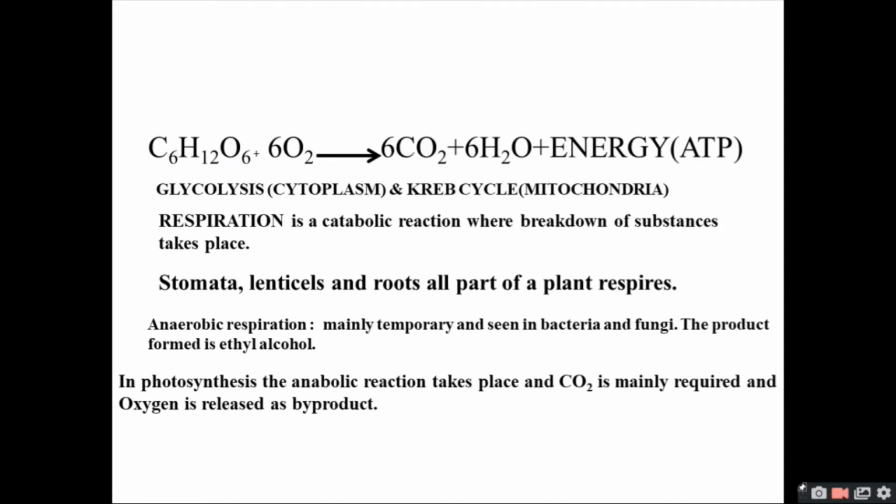So here's the reaction, which we can see that glucose in the presence of oxygen is giving CO2, H2O and energy, which is in the form of ATP. So basically ATP is the energy currency for the cell, and this whole process of respiration is known as cellular respiration. Now this whole process undergoes two steps: glycolysis, which is taking place within the cytoplasm of the cell, and the second part is the Krebs cycle, which is taking place within the mitochondria. These two steps are releasing these products and the energy ATP is formed.